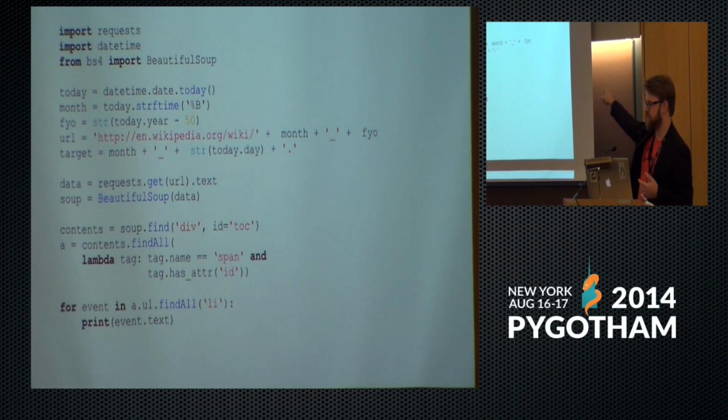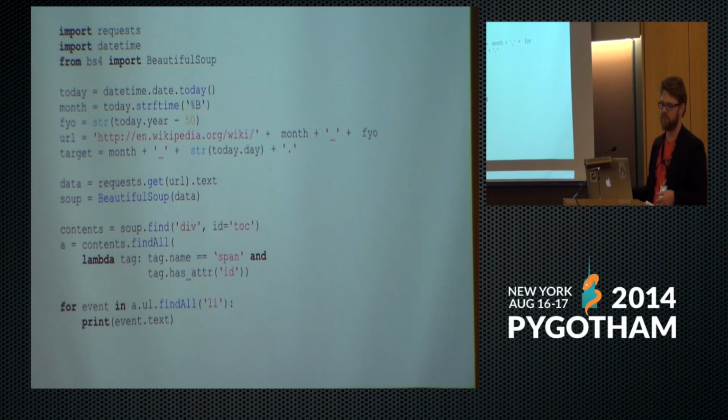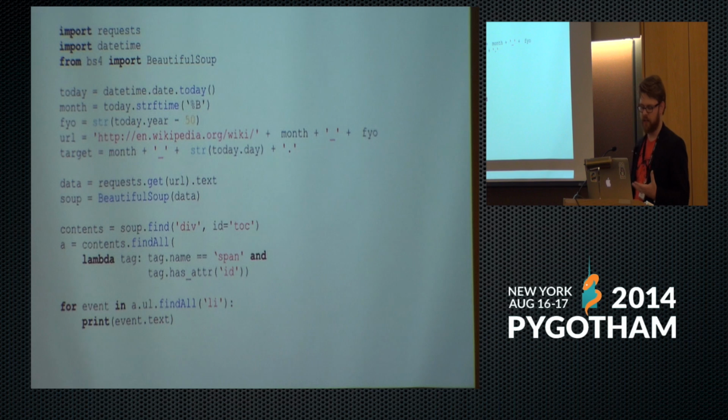Oh, it was actually pretty easy. This is the whole scraper. This is a little command line tool that finds out what today is and gets me the name of the month and constructs this URL for 50 years ago. And I actually go to this Wikipedia page with requests and I get its text. I turn it into a Beautiful Soup object and